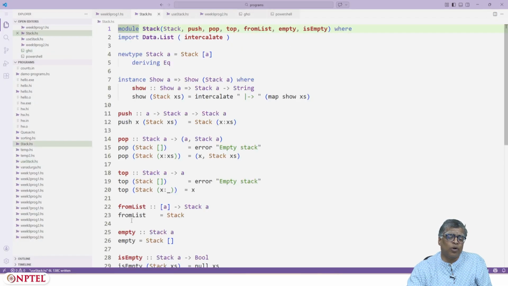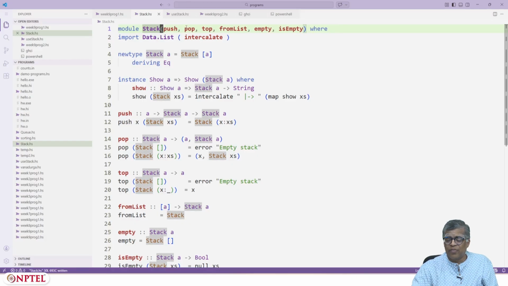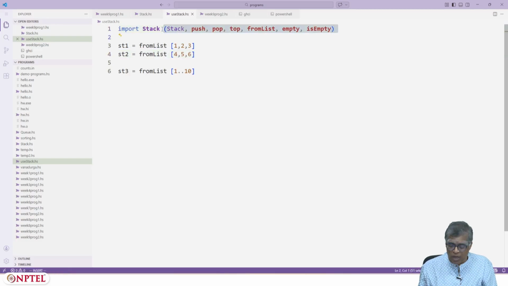Remember that in the Stack module I exported one of these things, the type name. Suppose I didn't export that, and now I went to use Stack. Let me just say import Stack without mentioning anything, which means everything exported by Stack is imported here.